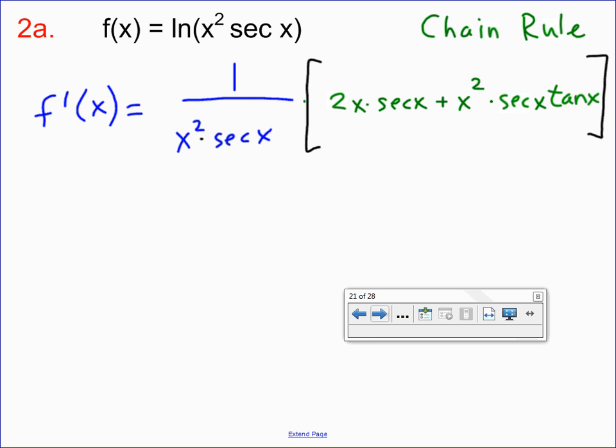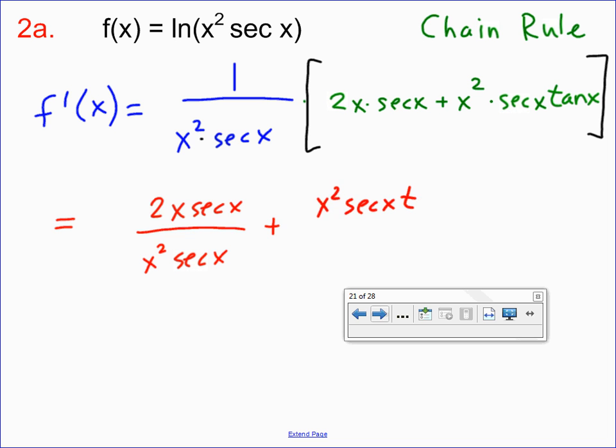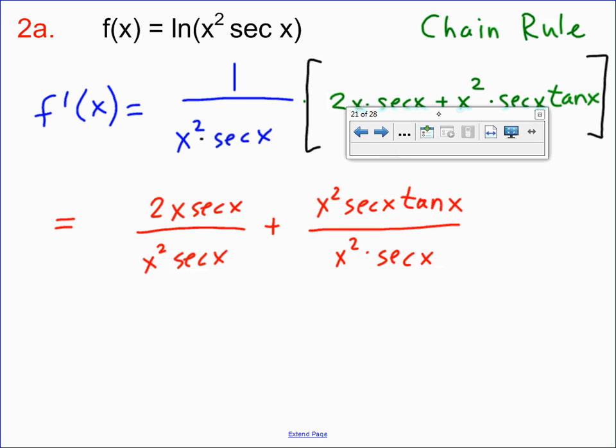I'm going to go ahead and write 2x secant x. I'm going to group it like that because I think we'll get some reducing here. Over x squared secant x, plus x squared secant x tangent x, over x squared secant x. Oh yes, this will reduce nicely. Equals, we can cancel out what, an x and a secant x? So this just gives me 2 over x